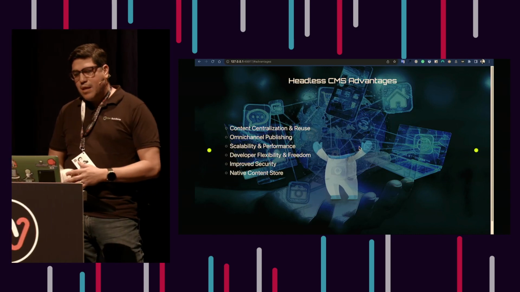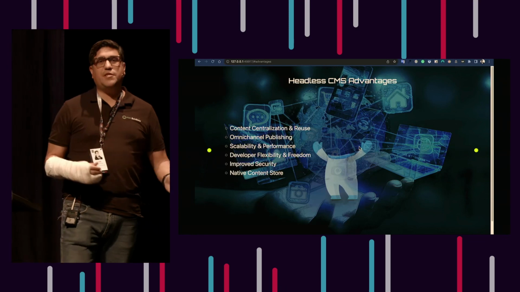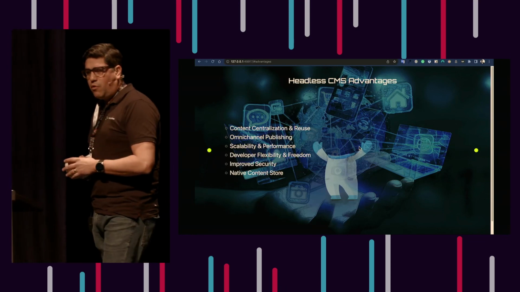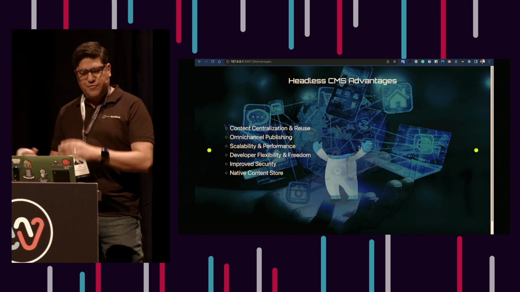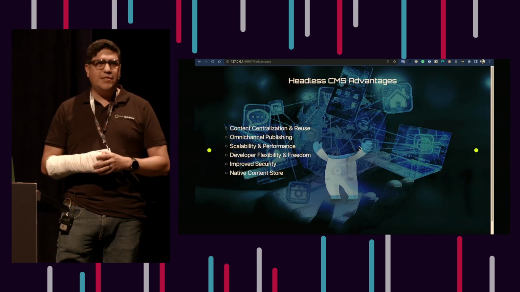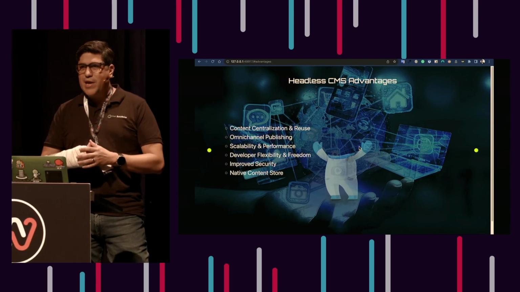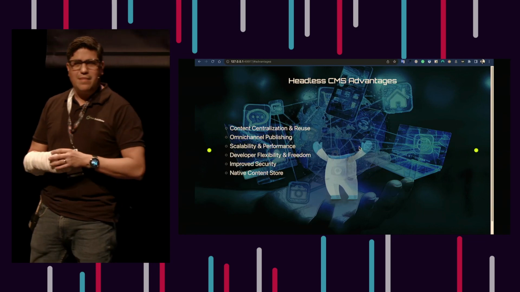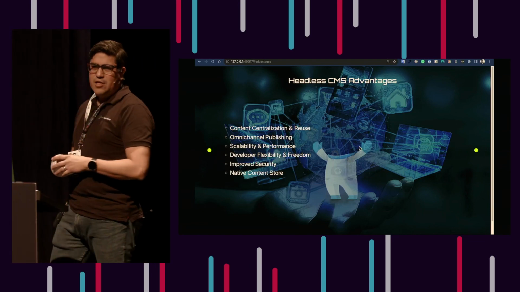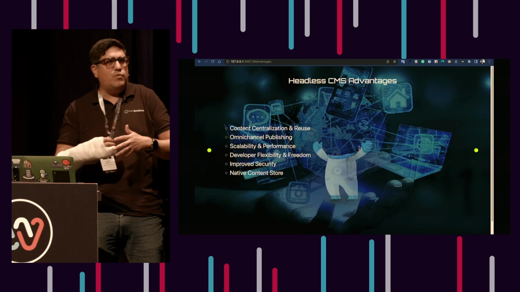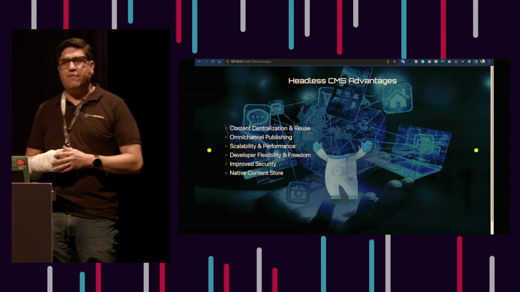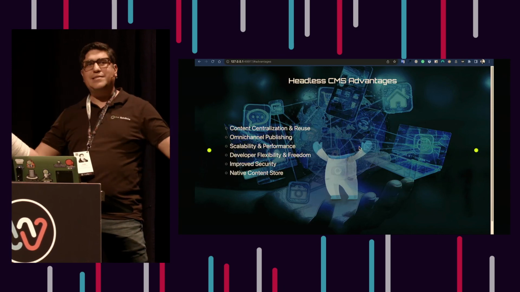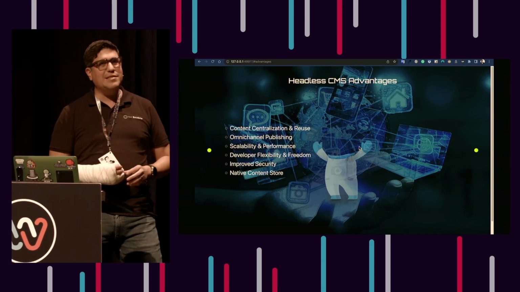That's it. Also important, improved security. This one was key. We actually had built several CMS distributions for a government entity in the US, and security was paramount. Because we had the ability to separate them, the UI was on the web, and then the administrator was on a VPN. So there was really no way to hack it because there was no admin. There is no way to log in from the internet. So that improved security is important when you can separate and detach them and access them separately.